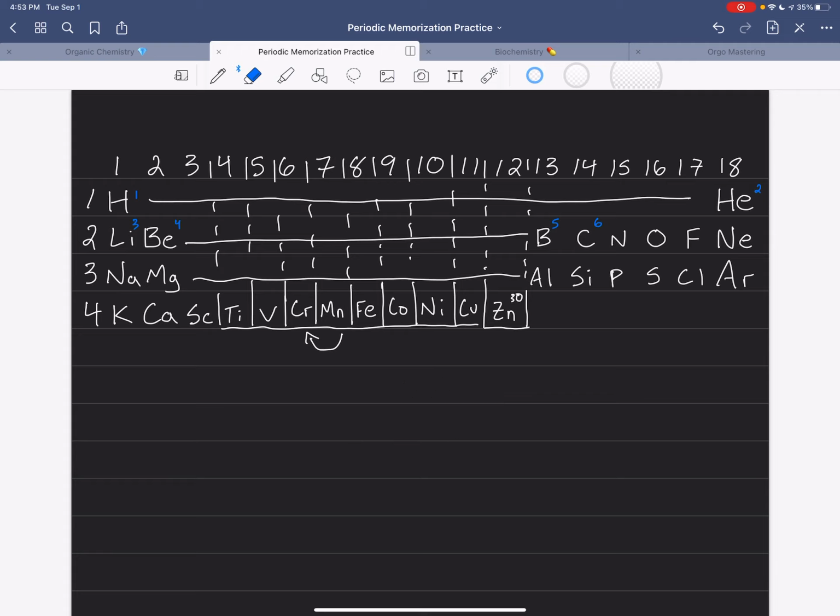Now, yeah, you eventually just want to be able to think of an element and know the atomic number, and obviously I need to fill out these numbers, so you're going to start to get used to those. But this is a way to at least, during an exam, be able to write this down and check if what you know is correct. And I think this is also useful. The hard part, I think, is remembering